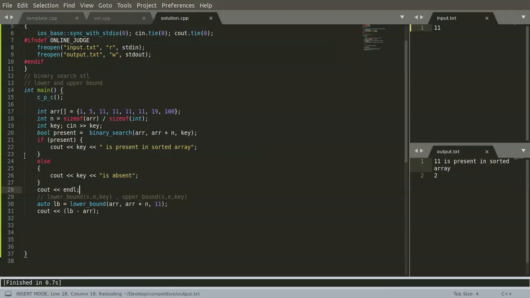What we are expecting is that the index would be 2. Okay, so that is right.